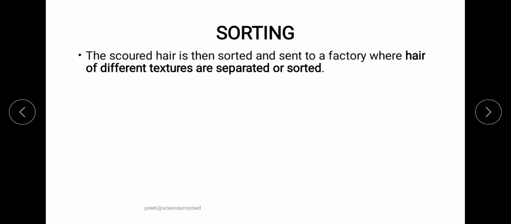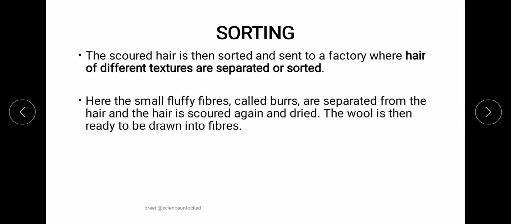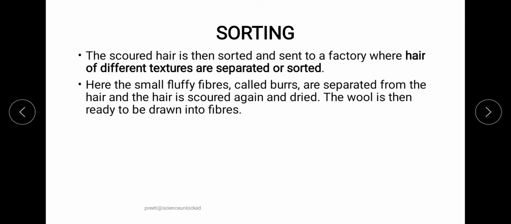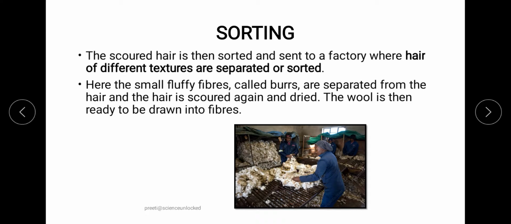During sorting, the hair or fleece of different textures is separated, so that the best quality can be moved forward, and the waste can be taken back to the scouring process. It can be cleaned again and, if possible, converted to a usable form of fleece. That process is known as the sorting process.